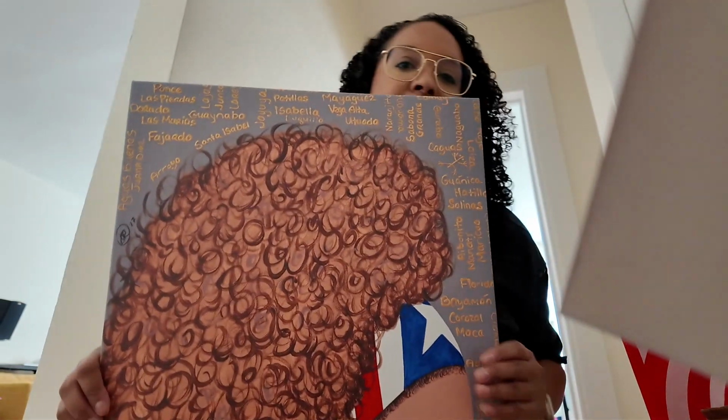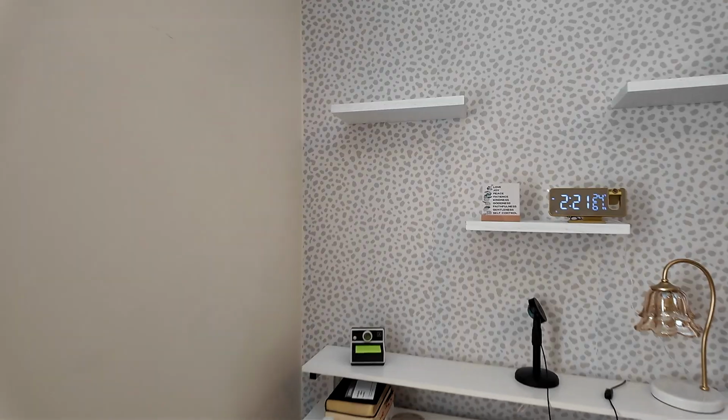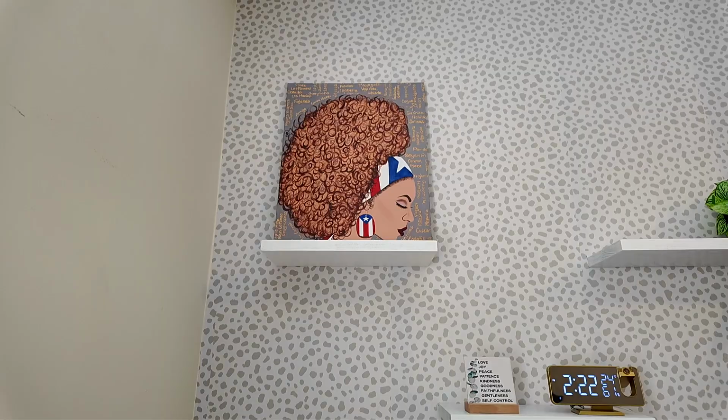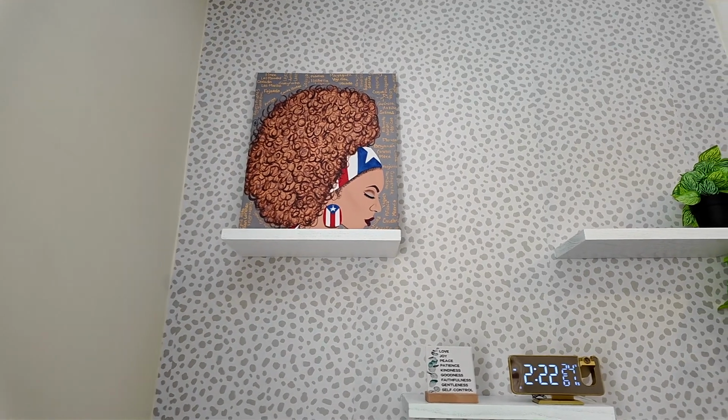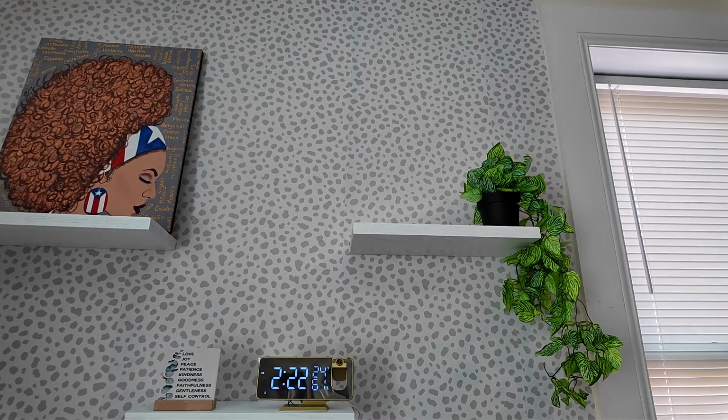It's just beautiful and I love it. Here is the painting, and it is just so freaking beautiful. I think this one is gonna go on the left shelf right up here. Oh yes. See? What I was thinking of putting on this shelf is my certificate from SAG, which has been